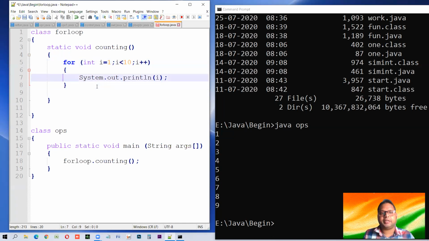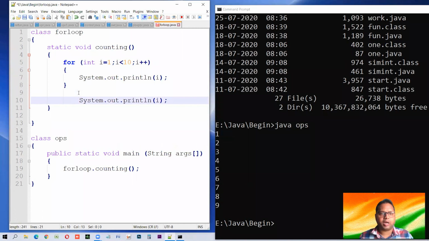And yes, try one more thing. Print the value of I after the loop. Means after the loop. This is after the loop. How did we decide after the loop? This loop's range is from starting here and ending here, and everything after this curly brace is out of the loop. Although it's part of the function, it's out of the loop. Now see what will happen.